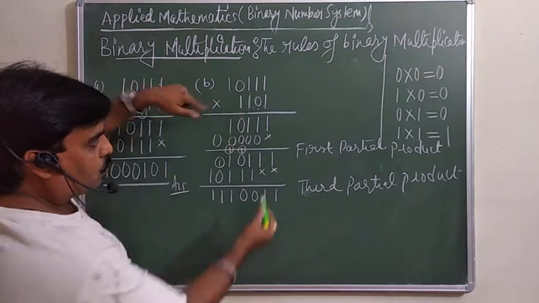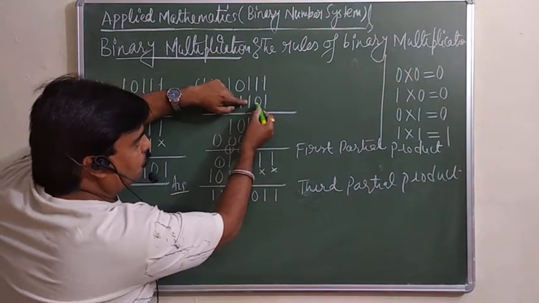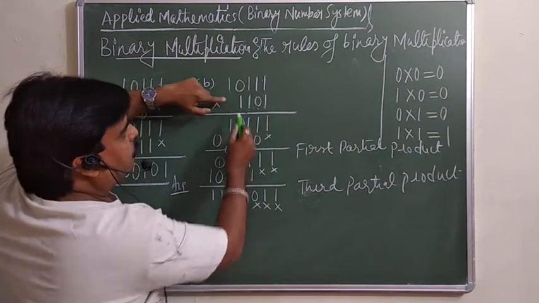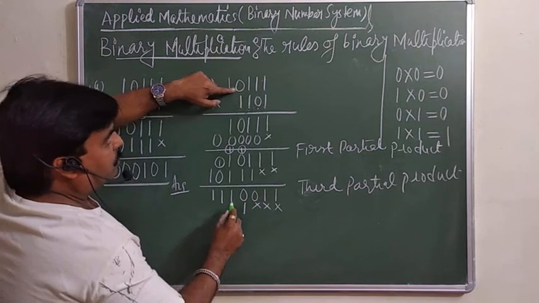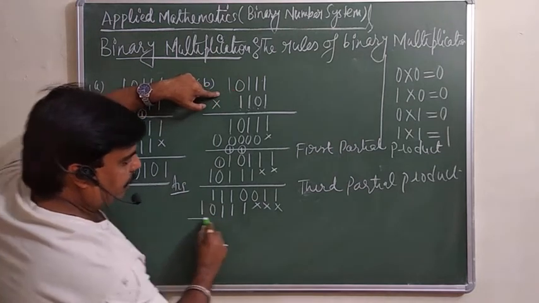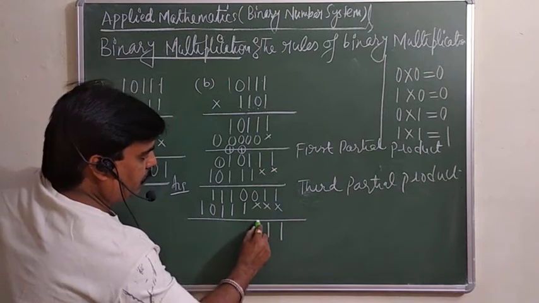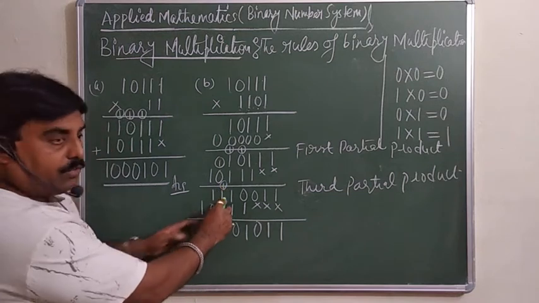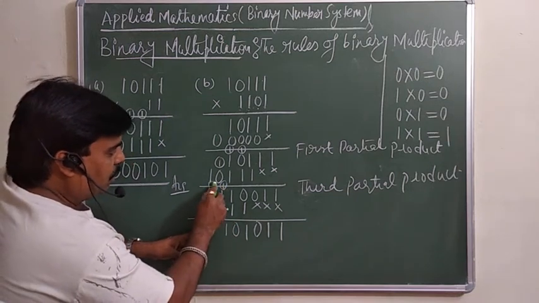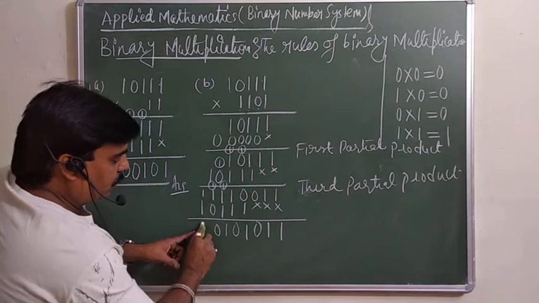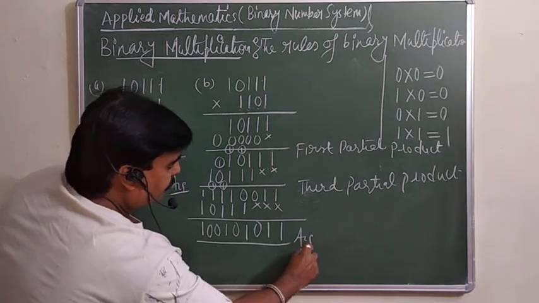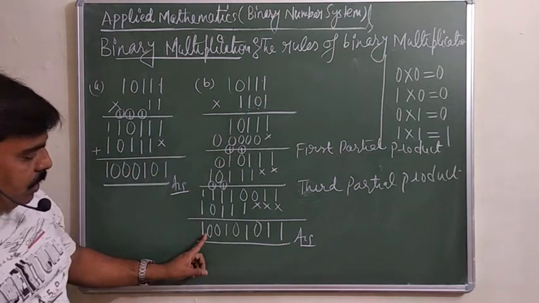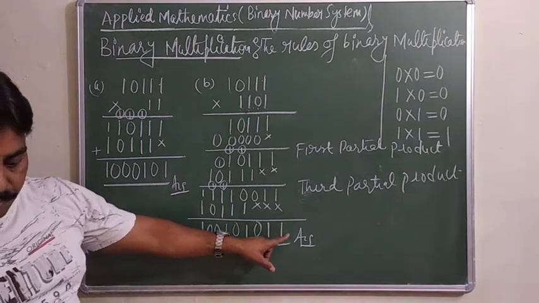Now again you have to, so देखिए these two are already left for these two up to here only. Now इसके लिए one more छोड़ना पड़ेगा. 1, 2, 3. Now by 1 we will put 1, 1, 1, 0, 1. Add them. So this is 1, 1, 0 will remain. 0 plus 1, 1. 1 plus 1, 10, carry 1. Carry is here. 1 plus 1, 10, plus 1, 11. Carry 1 is here. 1 plus 1, 10, 0, carry 1. Here 1 plus 1 is 10. And this is your answer. So likewise, you can add them. So you can multiply. So this is 100, 101, 011. And this is your answer.